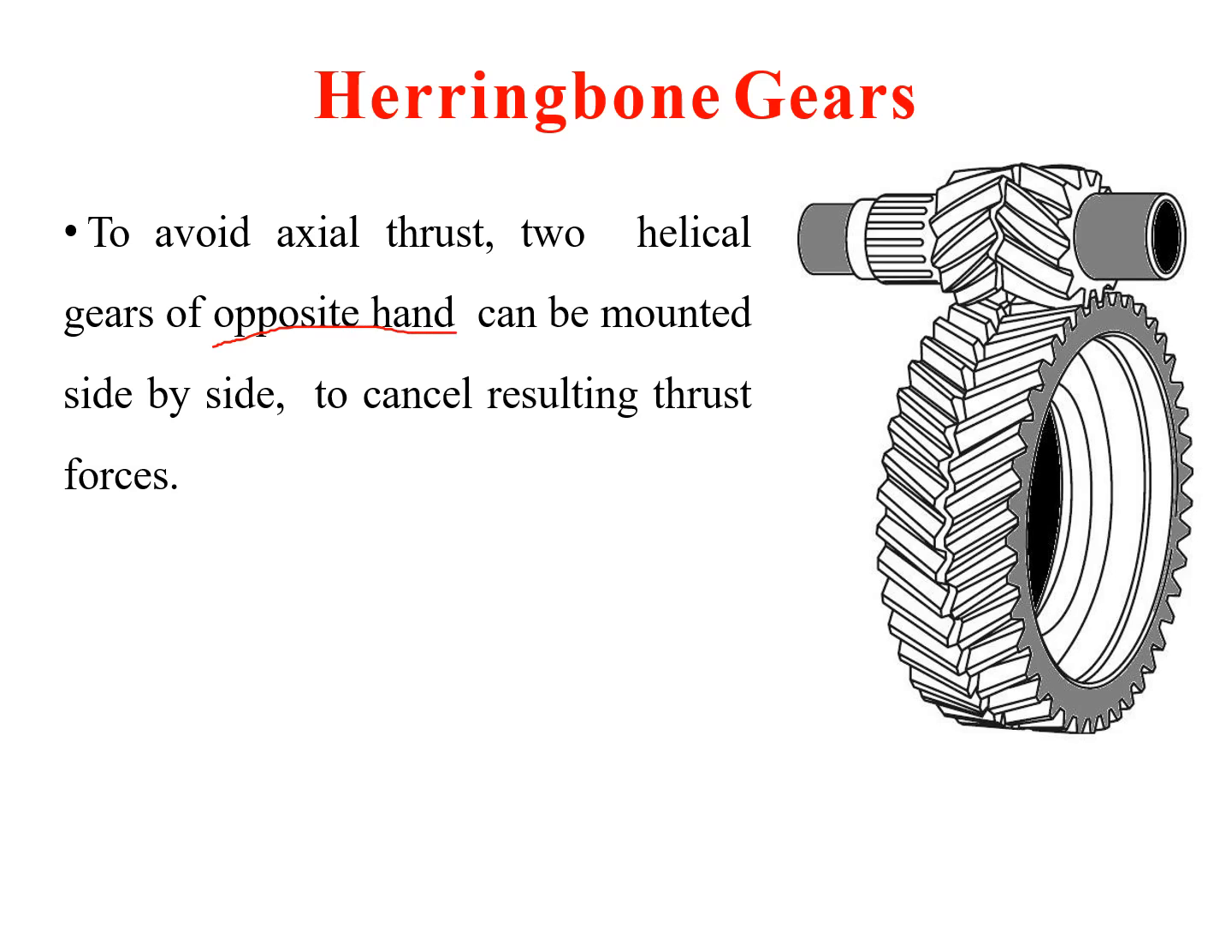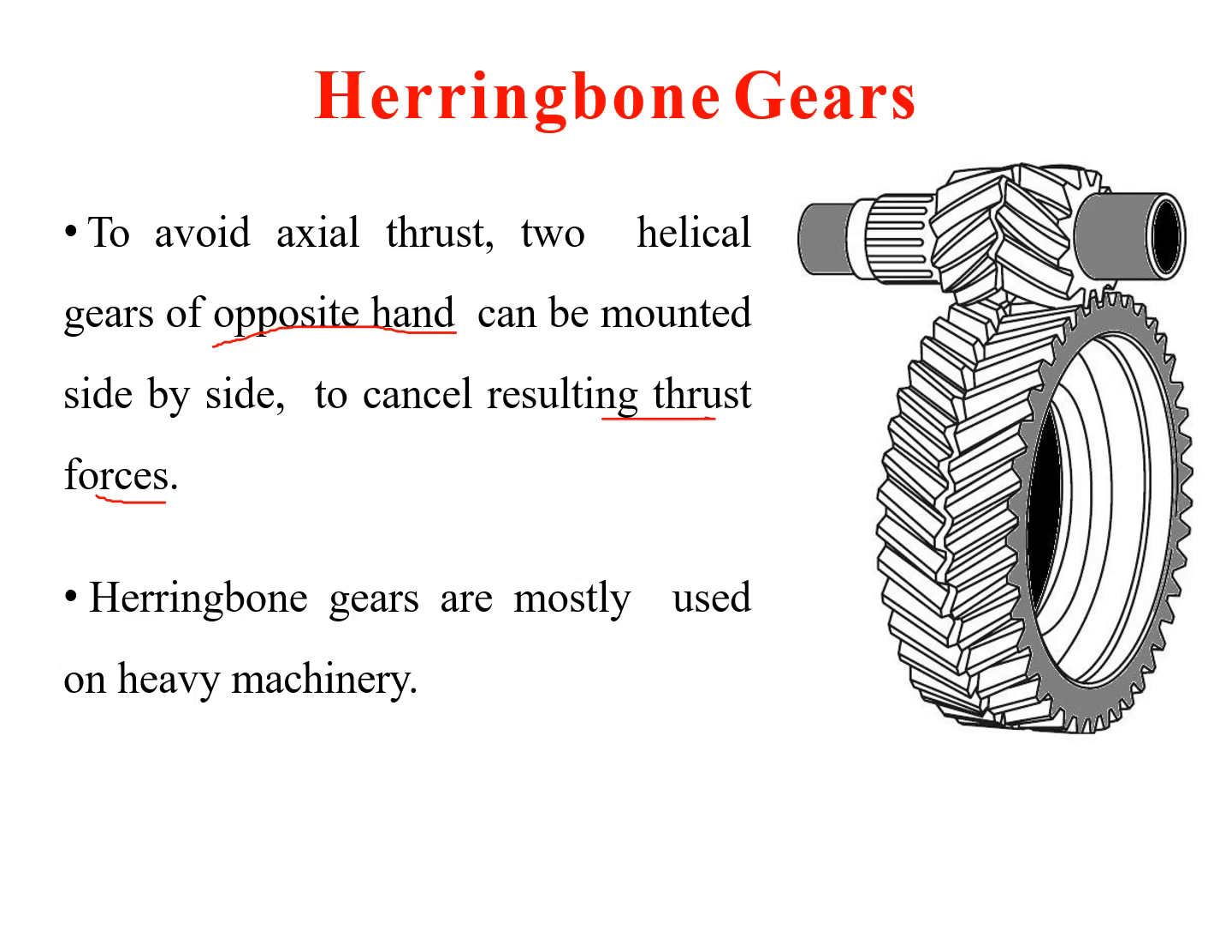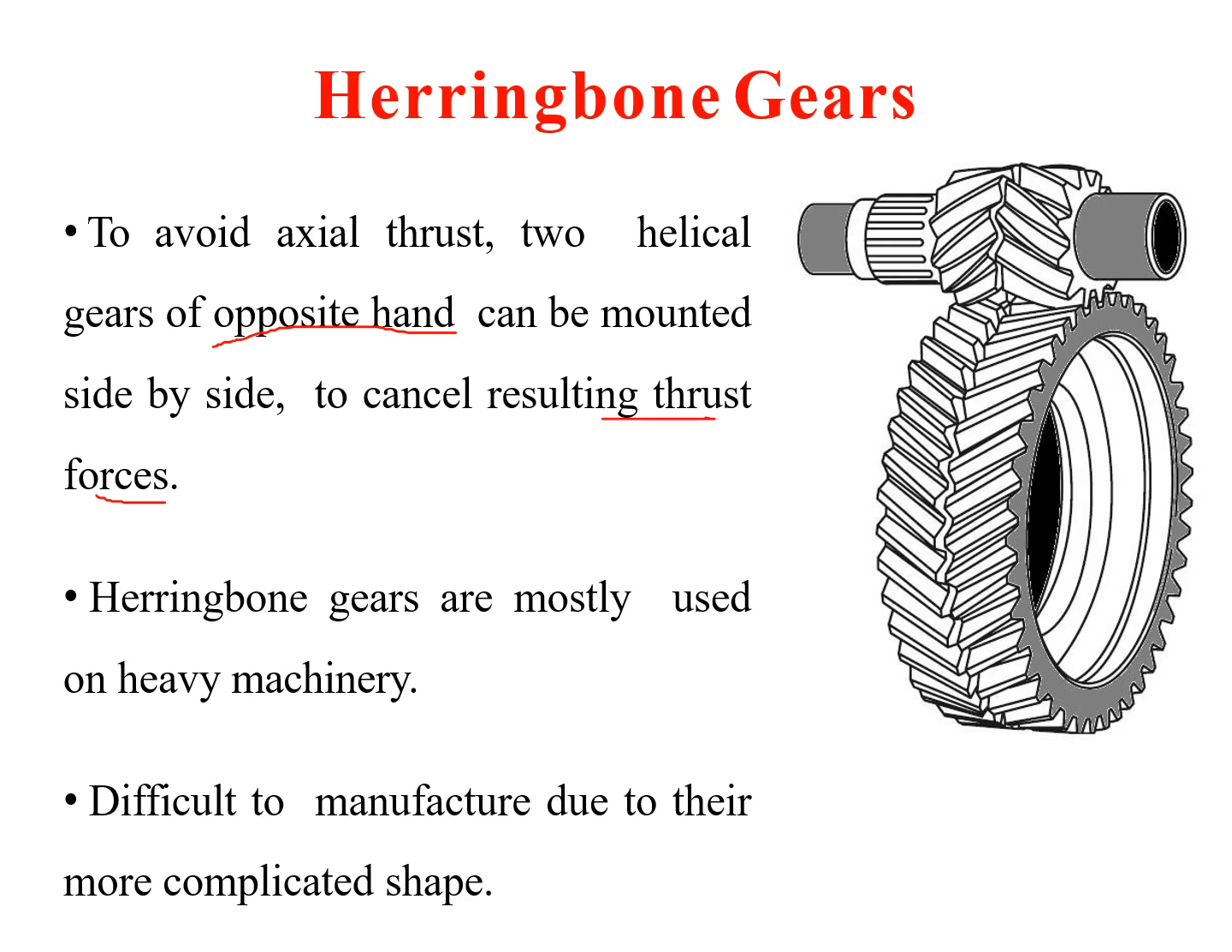This is important. Two helical gears of opposite hand are mounted side by side in order to cancel or nullify the resultant thrust force. Because the thrust force generated due to the right hand and the left hand will be in opposite directions, so they will nullify each other. Now herringbone gears are mostly used on heavy machinery